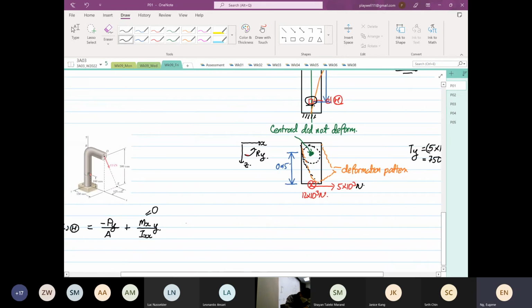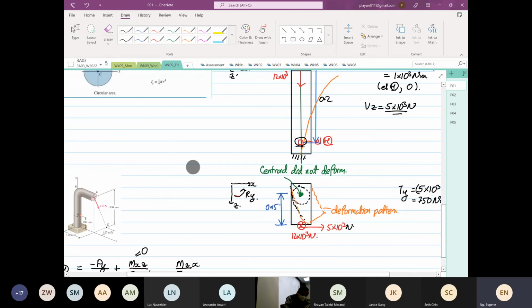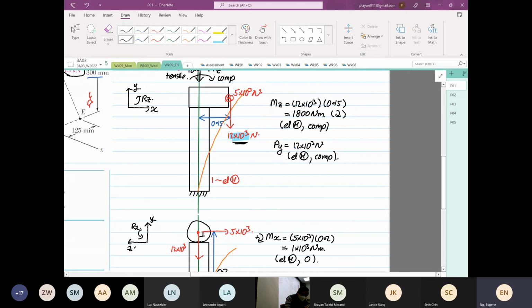Then we have our Mz over Izz multiplied by, is it Mz? Yeah. Oh, sorry, this is Z and this is X. Okay. So if you look at Mz, it is going to induce a compression. We have analyzed it. So this is going to be